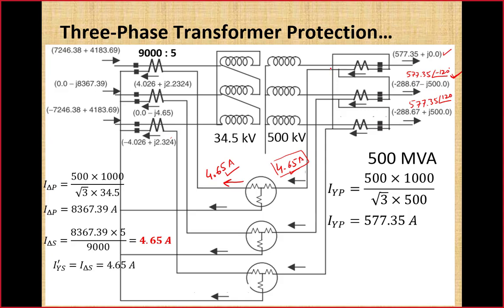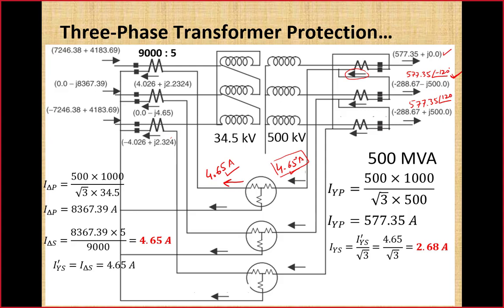So what should be the current here inside the delta that will give us this amount 4.65 ampere in the line? We know that the line current is under root 3 times greater than the corresponding phase current and has a phase difference, and we are not talking about the phase difference right now. Reason, because the CT secondaries have been connected in such a way that it will undo the phase difference introduced by the main transformer delta winding.